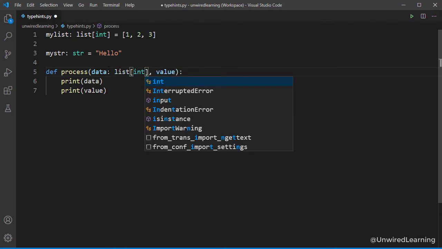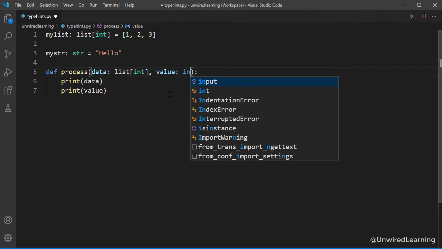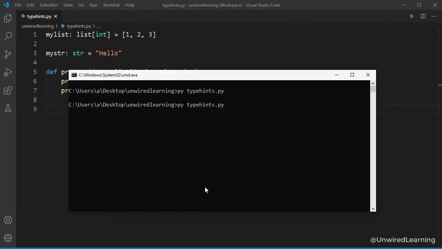So now this type hint is going to define that this data variable is going to be a list of integers and this value is going to be int. And this gives a good idea. But here we can do a lot more. We can add a reference towards what we are going to return and what not. So this is simple. Let me save this one and run here. Yep, we haven't got any error.